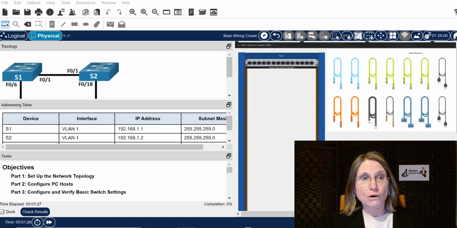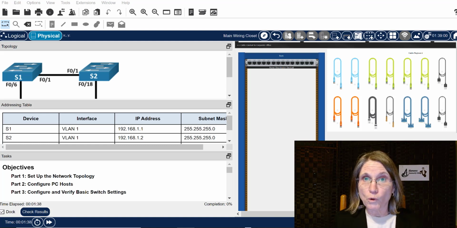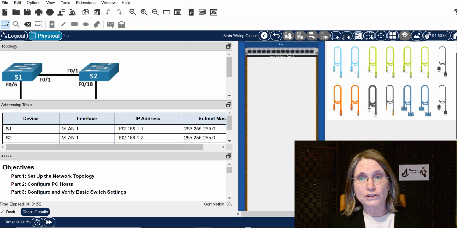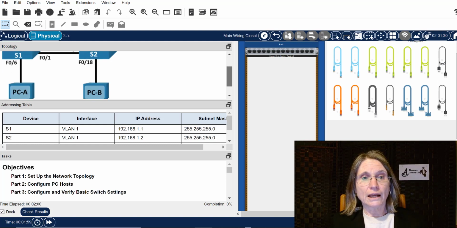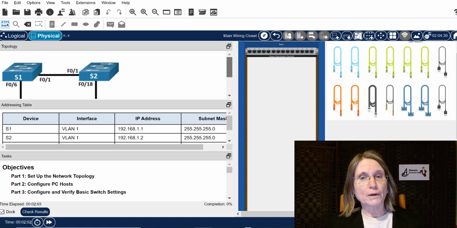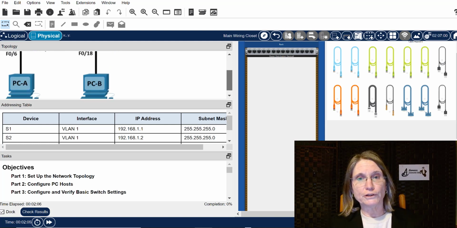It's in what's called Packet Tracer physical mode. So this is as distinguished from the logical mode, which most of us are more familiar with, the topology diagram. Physical mode is a pretty good attempt to create an environment which looks like the real world. So you can see in the upper left a depiction of what might be the logical mode view or the